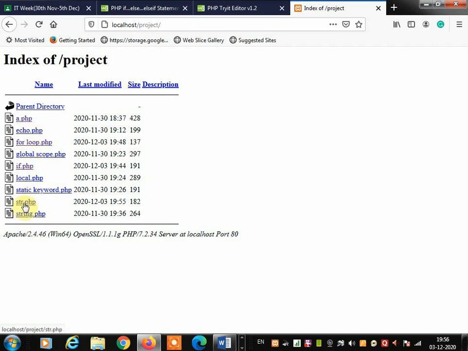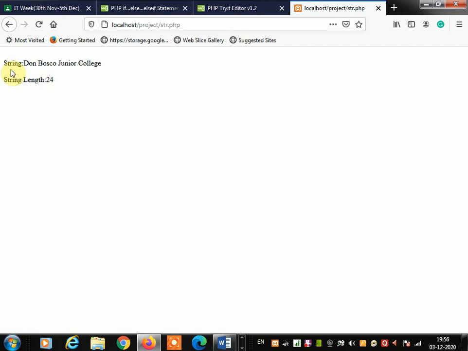So click on string. See, the string is printed, Don Bosco Junior College, and the string length, how many characters did we find? 24, including the white space. Don Bosco here is 8 plus white space is 9. Again white space, 10.